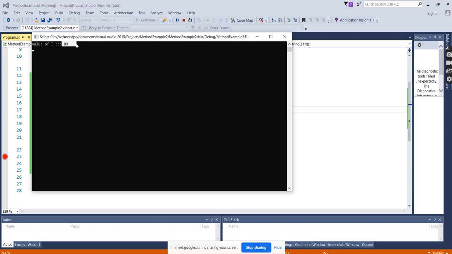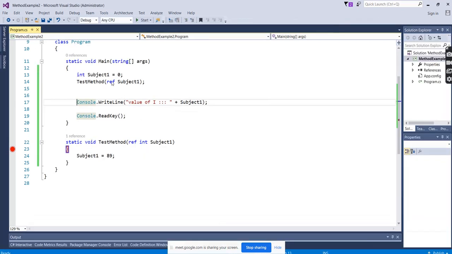Dynamically, whatever it is modifying in the sub method for that variable is reflecting even in the main method. Why? Because we are using the ref keyword, the reference keyword. We said share the common memory location, so that whatever changes you are making will be reflected in the main method. Got it?